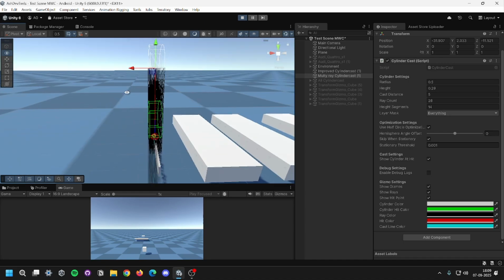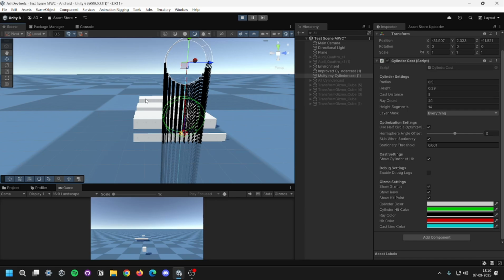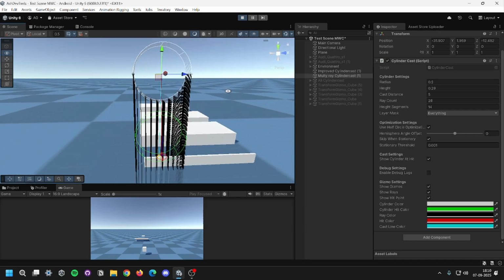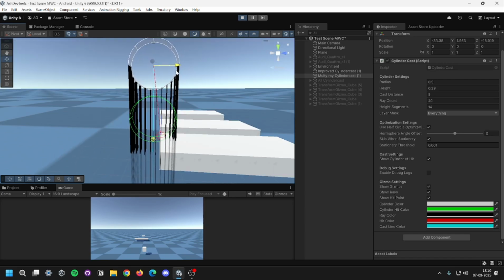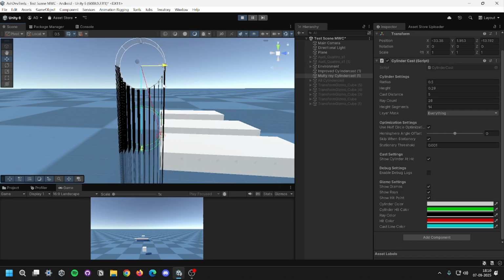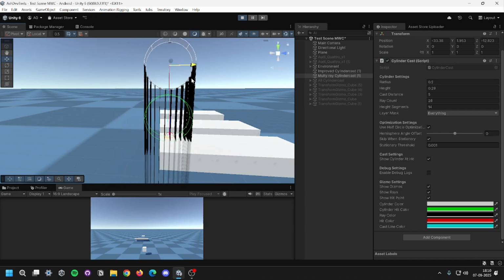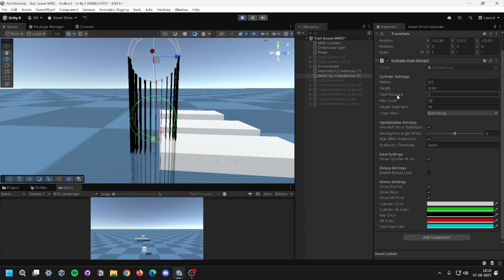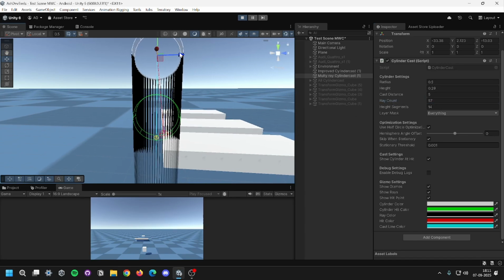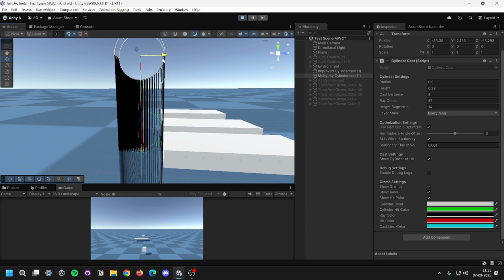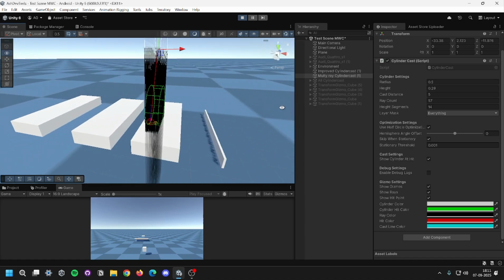If you want to use this solution, then you will have to use Unity's DOTS system, and this also has issues with accurate approximation. It's not smooth. As you can see, it's not smoothly going up the stairs. We can't smooth it out perfectly like a cylinder would be, but let's say we increase the ray counts in between, then it will be a little bit smoother, but still it's not perfectly smooth. And this also adds a lot of rays.